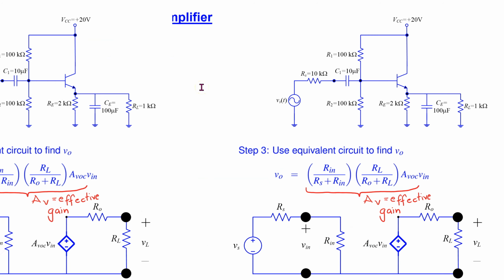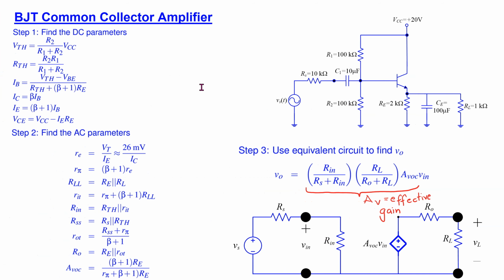The small signal theoretical analysis for a BJT common collector amplifier is summarized here. The details can be found in any standard textbook on semiconductor electronics. While the analysis equations are different, since there is no RC here and also we are taking output at the emitter, the basic philosophy of the analysis is the same as before. Please pause the video now if you wish to study this in more detail.